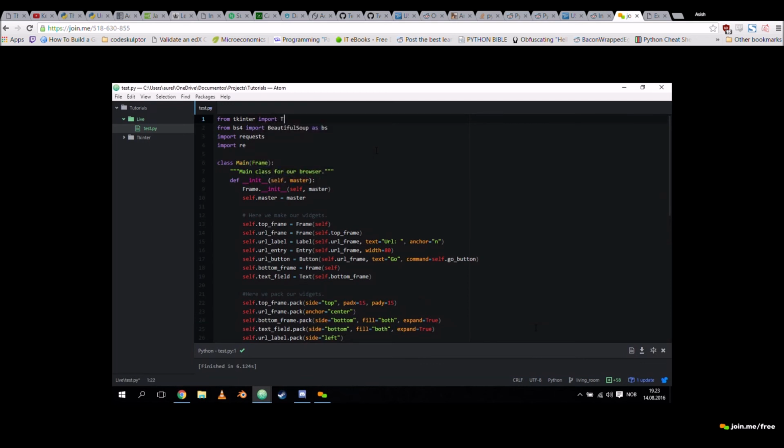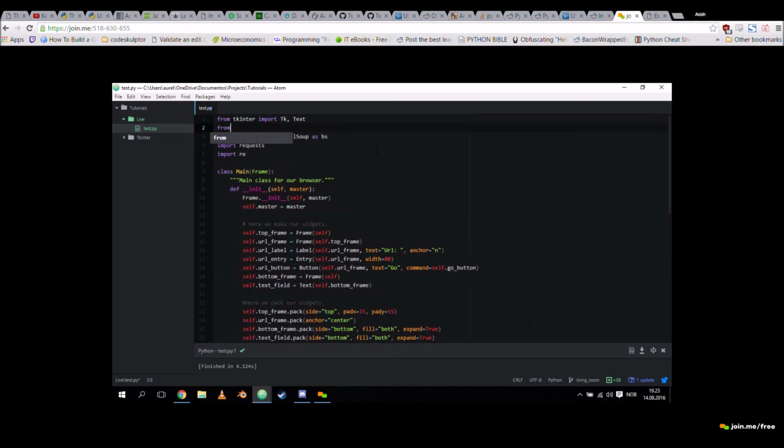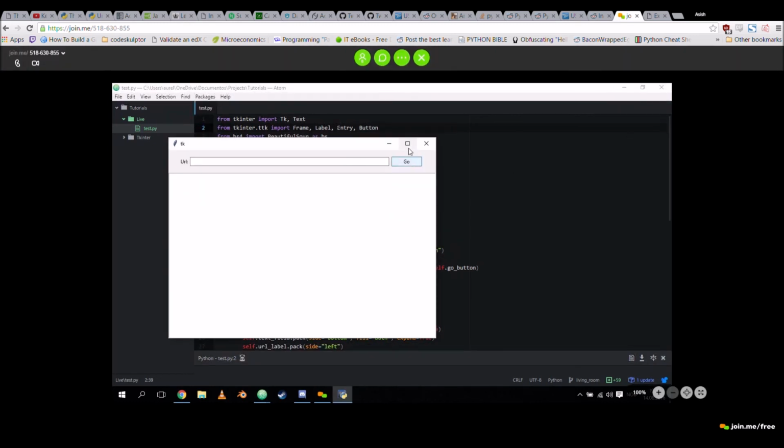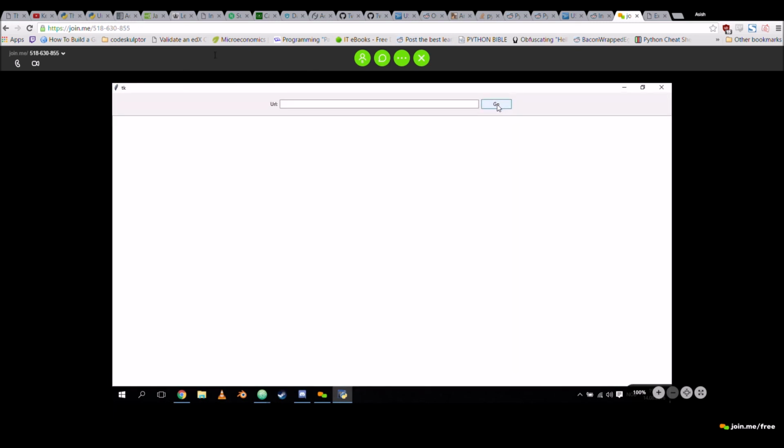So now we're going to do what we should have done from the beginning. We're going to explicitly call everything that we're putting in because that's cleaner. And then we go from tkinter.ttk import, and then we get frame, and then we get entry, and we get button. And I don't think I used anything else. No, I used label. So we get frame, label, entry, and button. So now they're going to look a little bit different. So let's take a look at that. And as you can see, it's a little bit better, right? We got a nice go button there with a little blue line around it. We got a more responsive entry field.